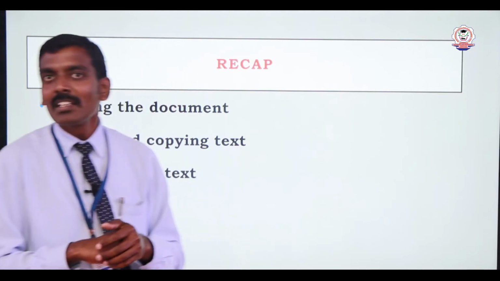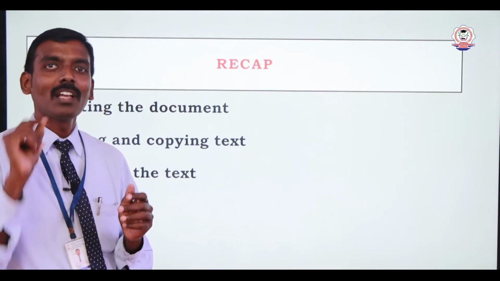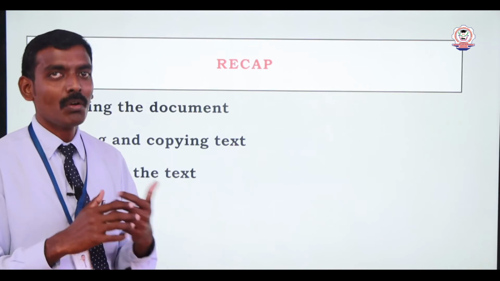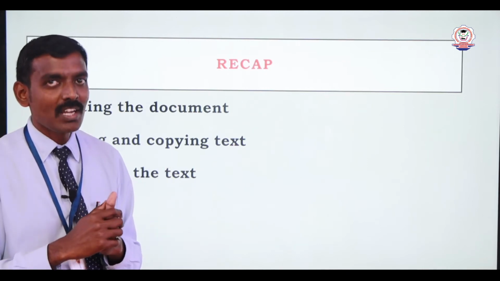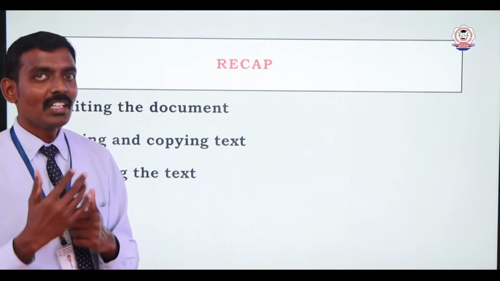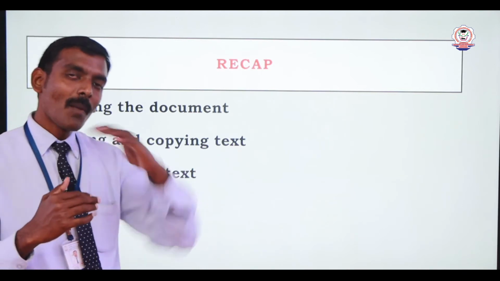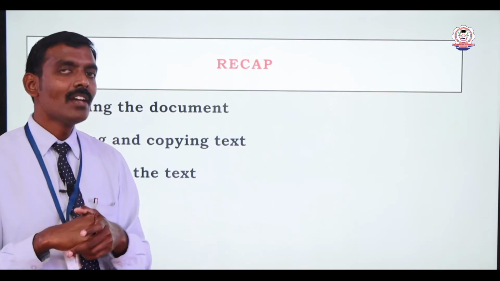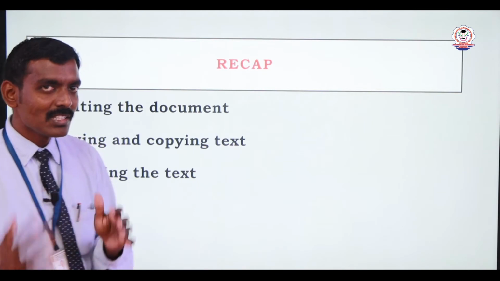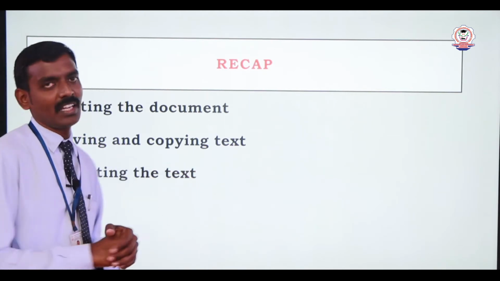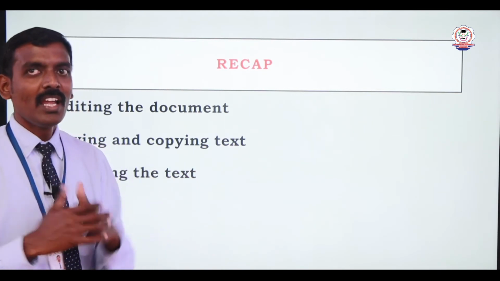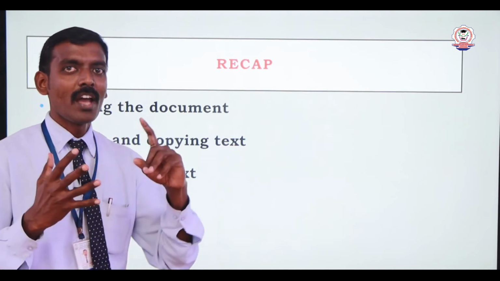Moving is called edit cut. Edit is the menu, and you can use the shortcut Control plus X. If you are copying the text, you can use the shortcut Control plus C, after selecting the text. You can select the text using either the keyboard or the mouse.